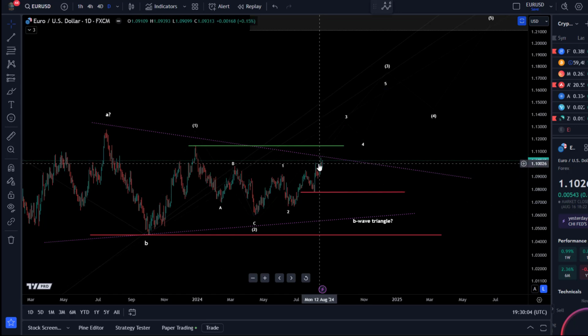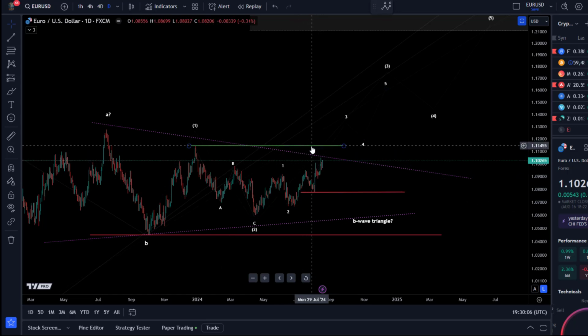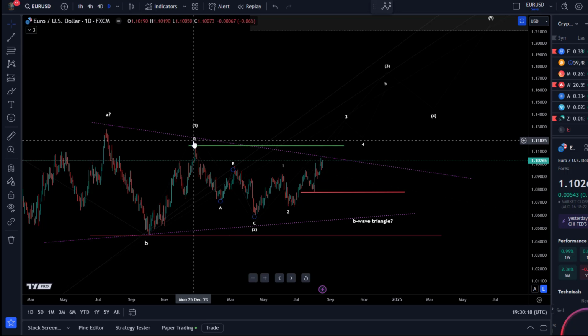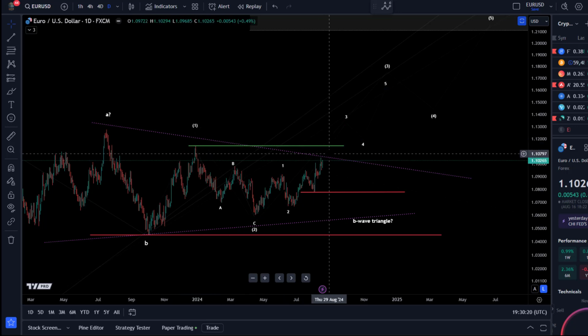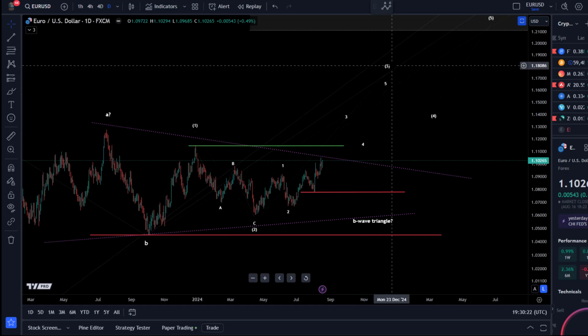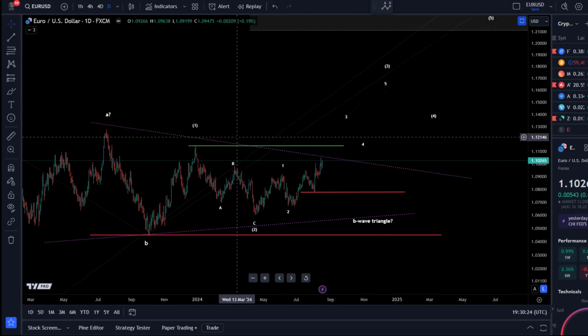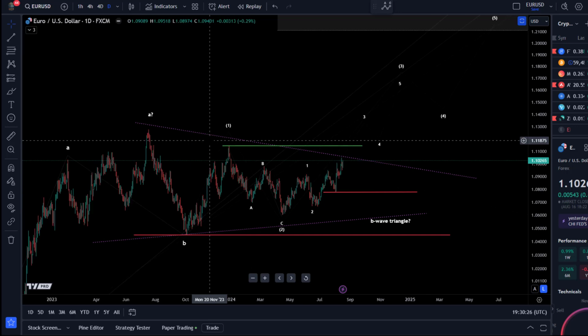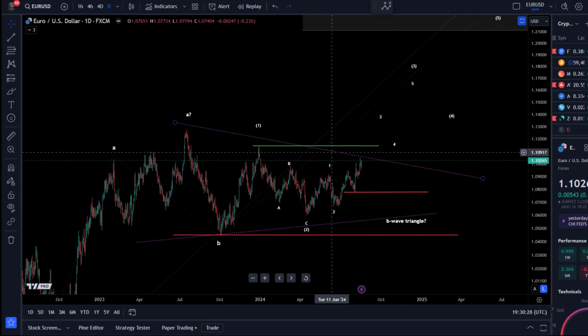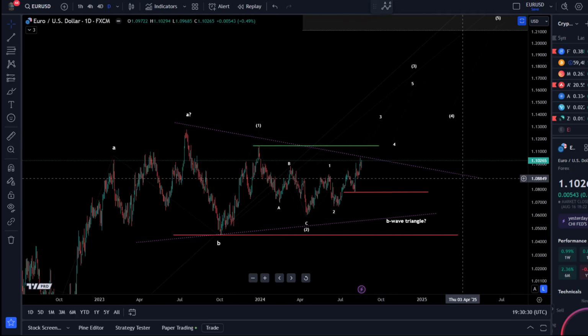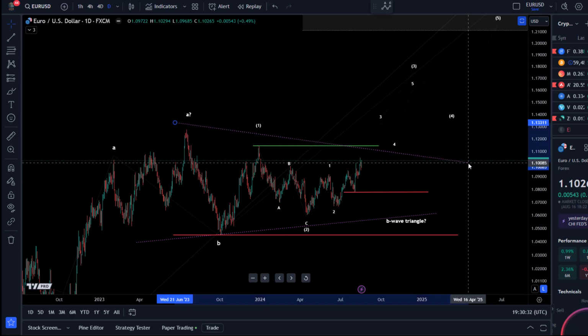And we're now approaching this trend line, or it's not really a trend line. It's the green resistance line. A break above this wave 1 high at 1.114, which is the swing high that formed in December 2023, would suggest further really that we are in this third wave. And that's a very important level to cross. Why is that? Because until we get above that level, the purple triangle pattern is possible. I haven't labeled it,